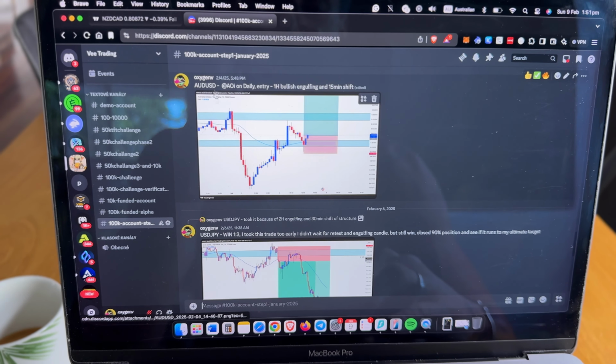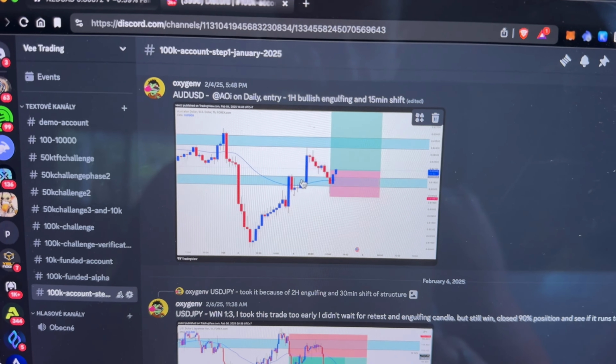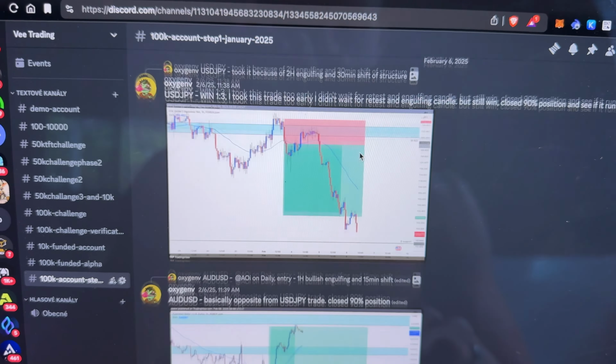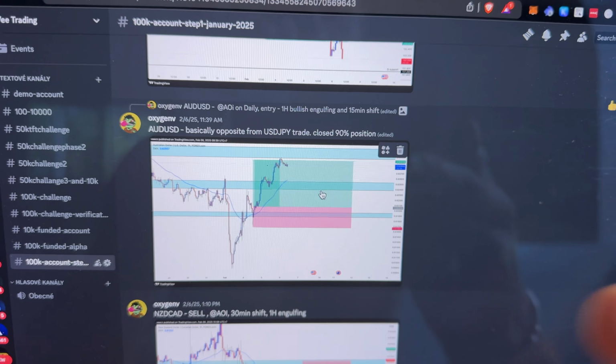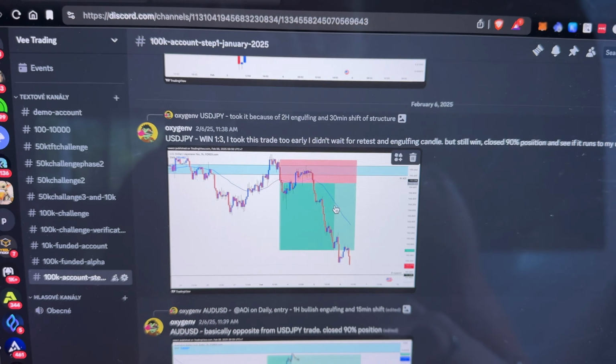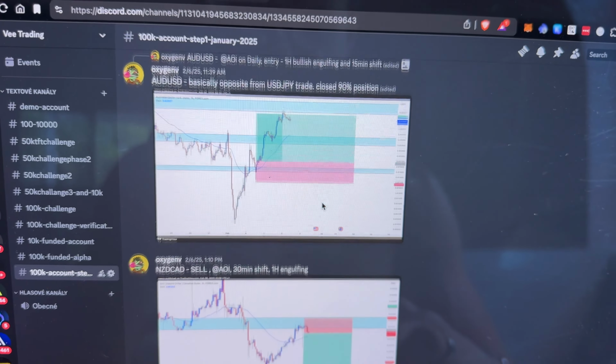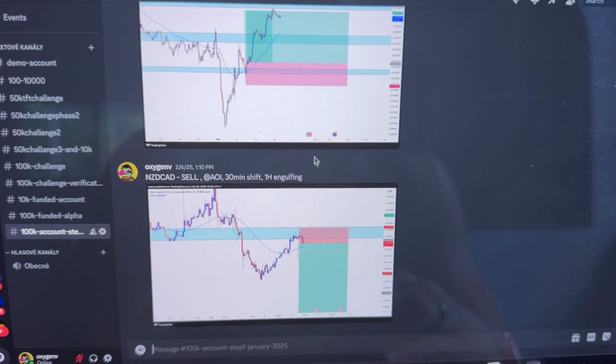I also took AUD USD, mainly because if USD JPY or USD Swiss franc or USD CAD are going down, then AUD USD or Euro USD are going up. It's correlated. Not every time, but most of the time, I would say 70 to 80%. So I took this trade, AUD USD, and I believe that worked out as well. Yes, AUD USD, and it was 122.5 or something like that. So these beautiful 2 trades happened, and I'm still in this trade, NZD CAD.